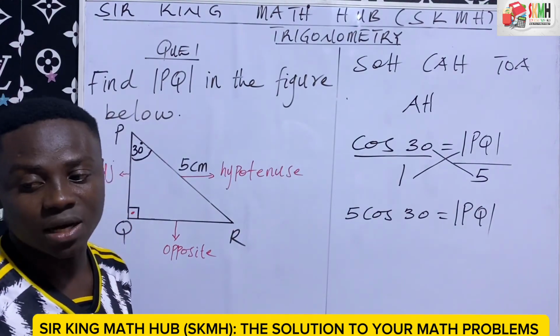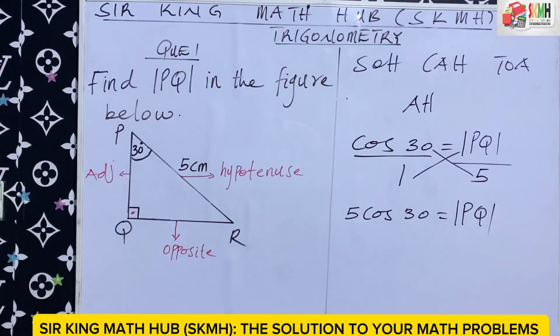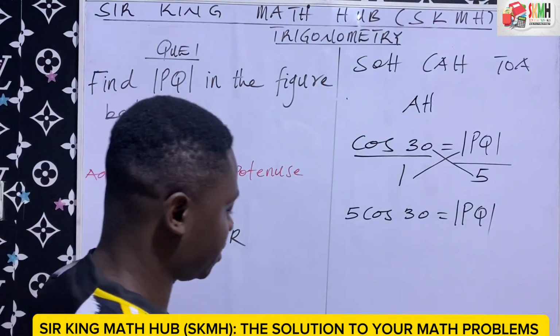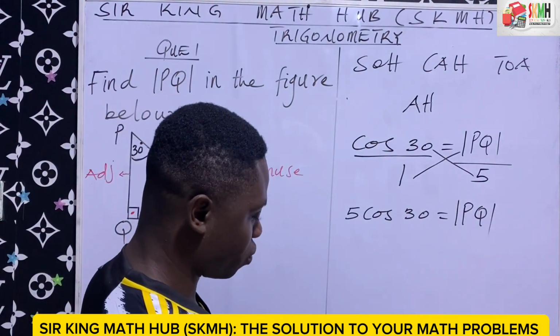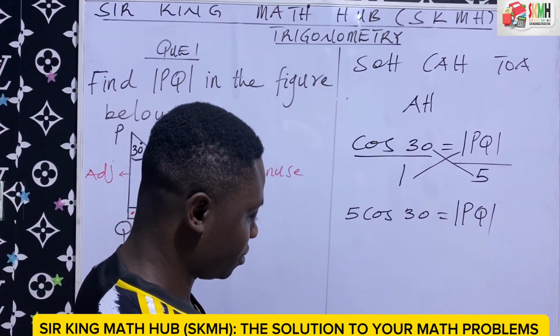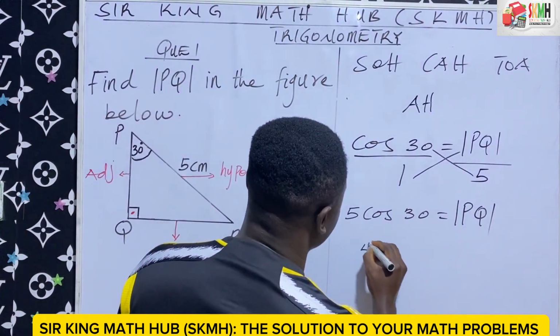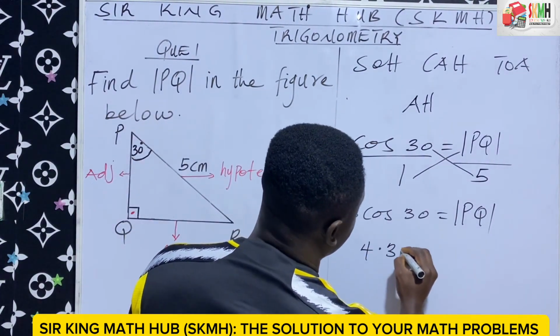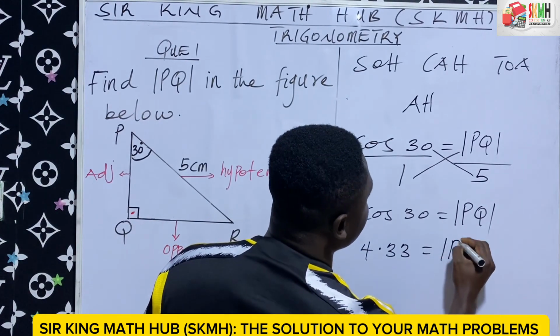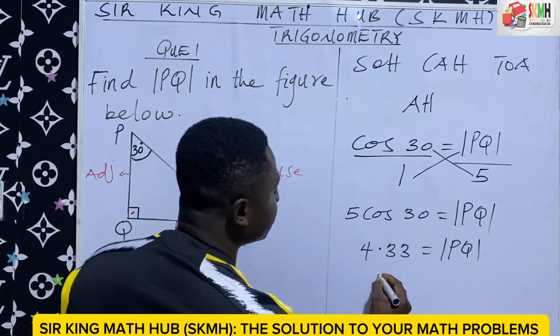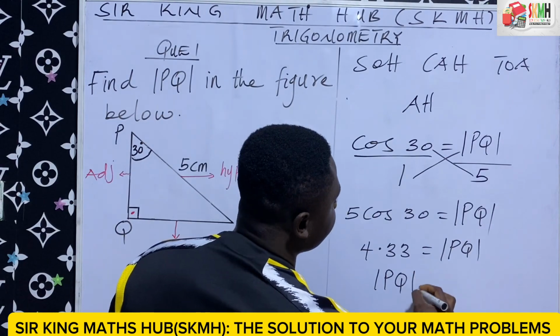So using our calculator, what is 5 cos 30? That is giving me, to 2 decimal places, 4.33, which is equal to line PQ. So finally, line PQ is equal to